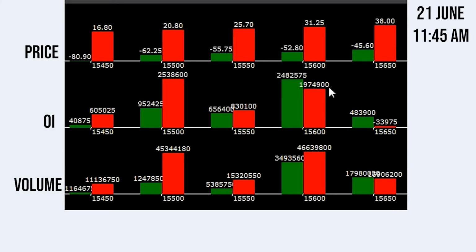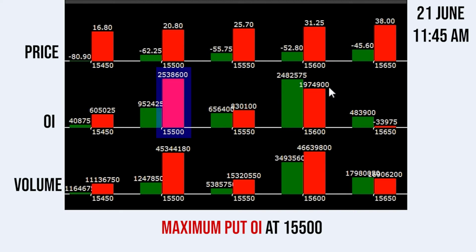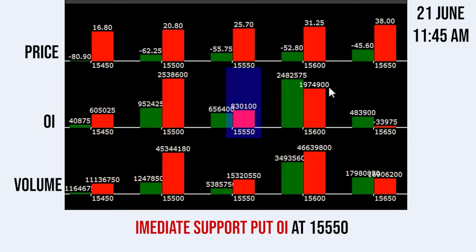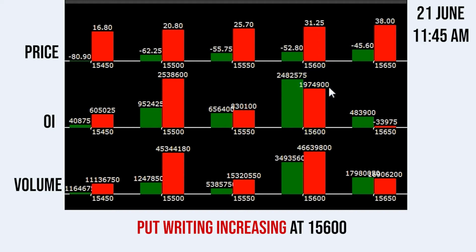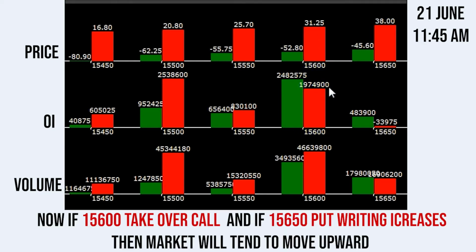I will be showing you some results of 21 June 2021, where the market's maximum put OI was standing at 15,500 and immediate support was at 15,550. Also you have seen 15,600 put writing was increasing. Now if 15,600 put takes over calls and eventually 15,650 put writing increases,